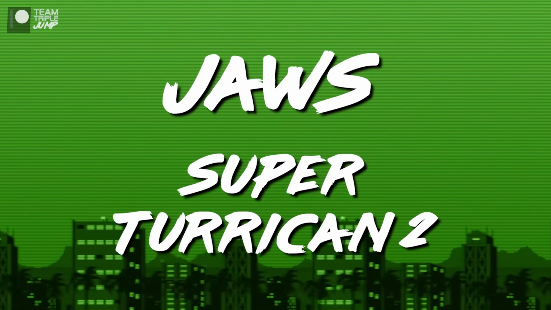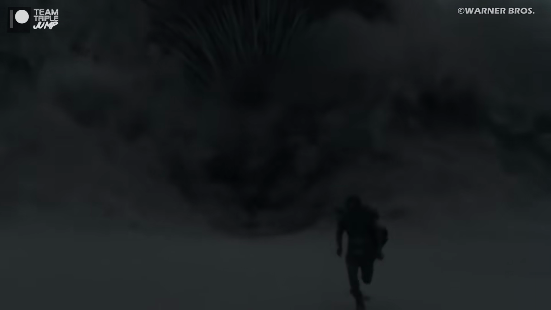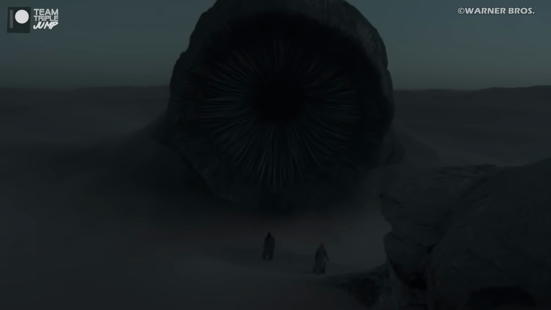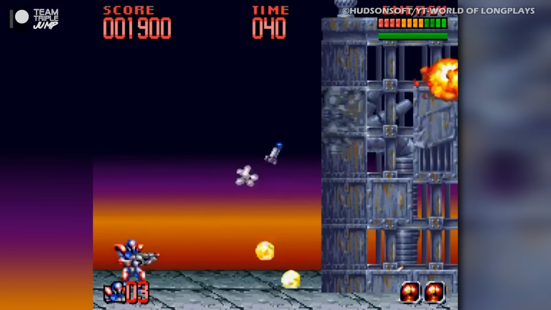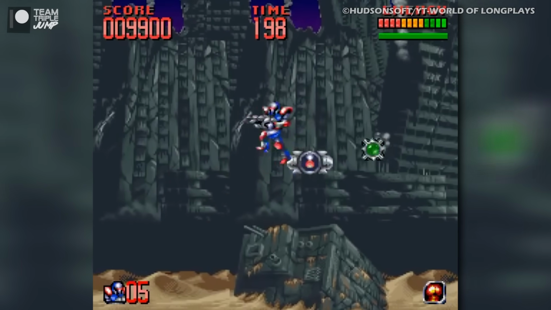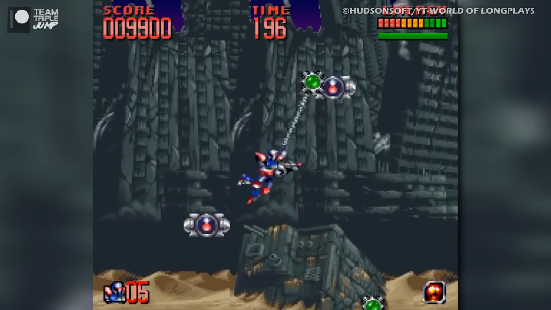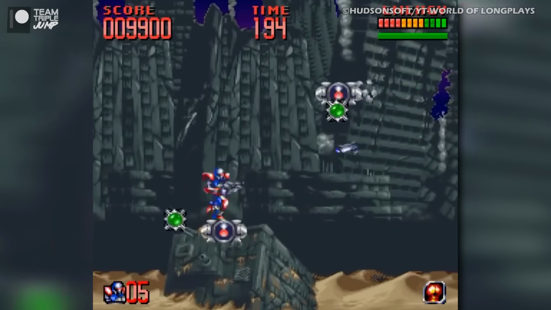Number 8. Jaws, Super Turrican 2. Have you ever thought how horrible it would be to get swallowed by one of those big worms from Dune? Well, Super Turrican 2 took that thought and ran with it. This SNES exclusive shooter is a fast-paced alternative to the likes of Contra, and it borrows the grappling hook mechanic from Bionic Commando. This gives the running, blasting, bullet-dodging action a welcome extra layer, opening up new strategies and